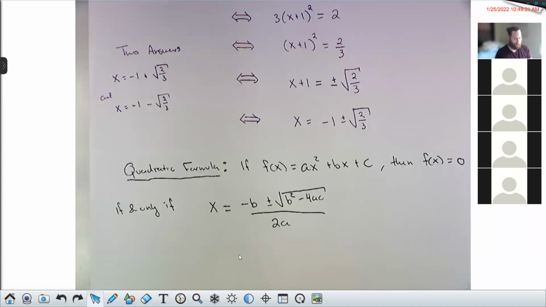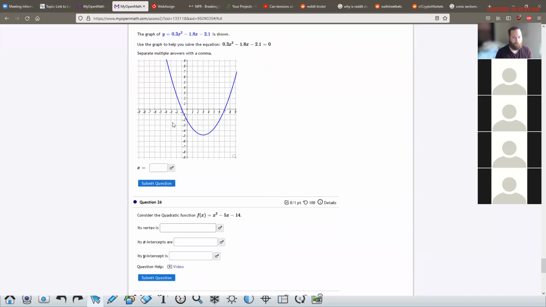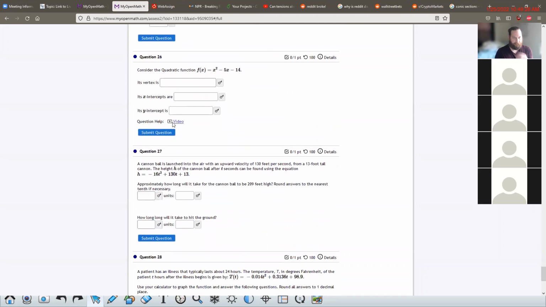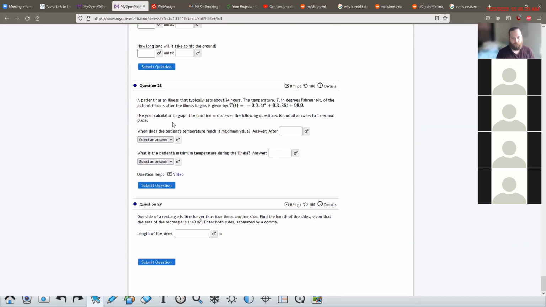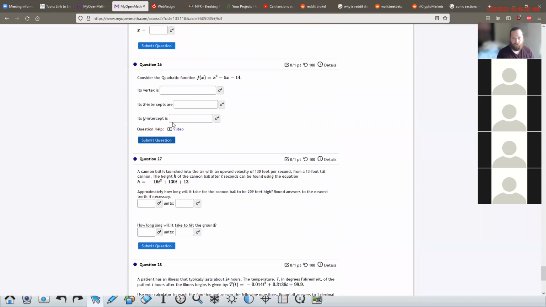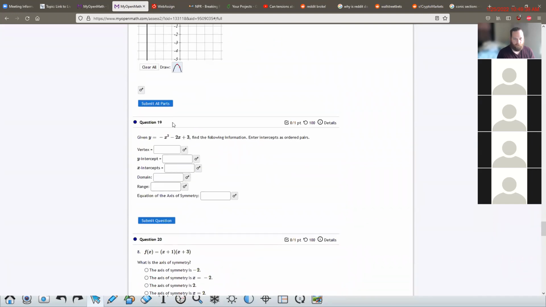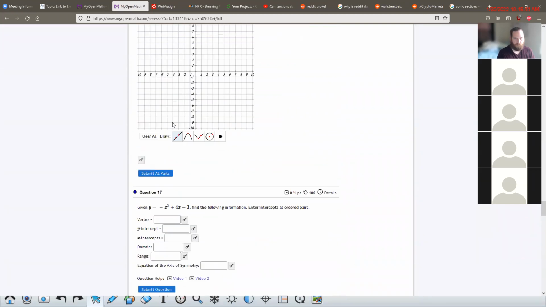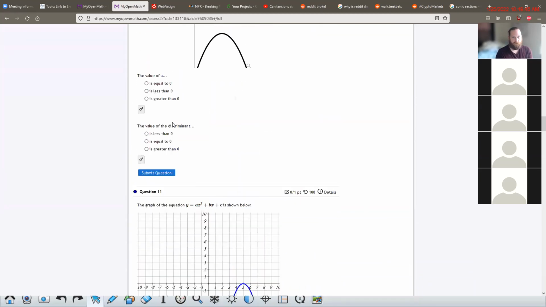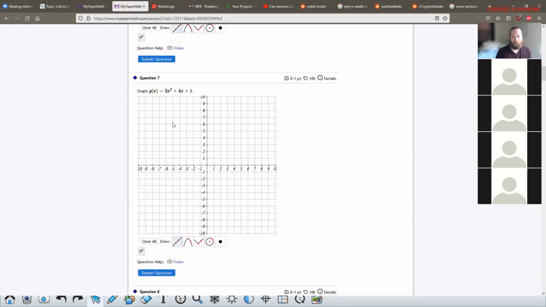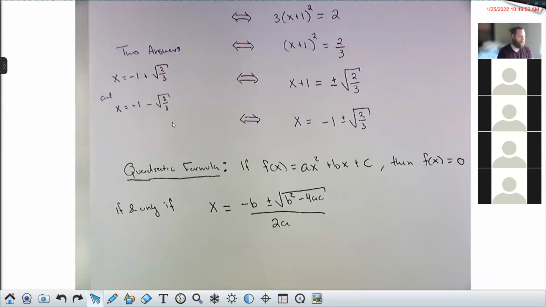All right, let me take a quick glance at your homework, make sure I'm not leaving you high and dry on anything here. I don't believe we are. We've talked about how to find x-intercepts, how to find y-intercepts, how to find vertices, how to find the axis of symmetry, how to factor. I think you're good, guys. So work on this homework set. If you do get stuck on anything, I have an office hour today from 11 to 12, another one tomorrow from 1 to 2, and I'm happy to talk you through any of those things.